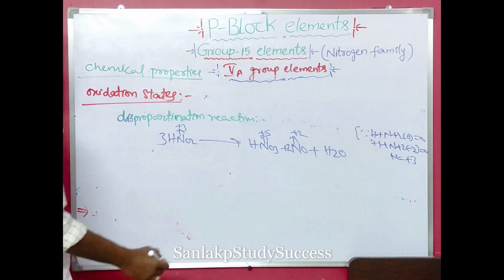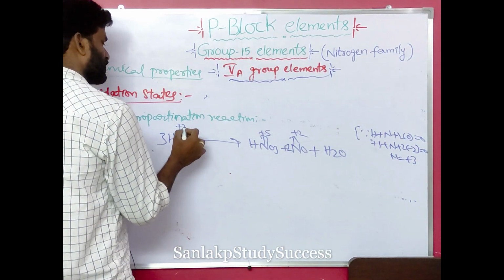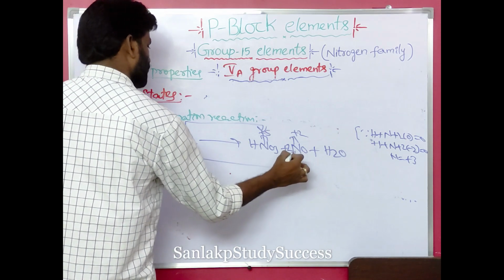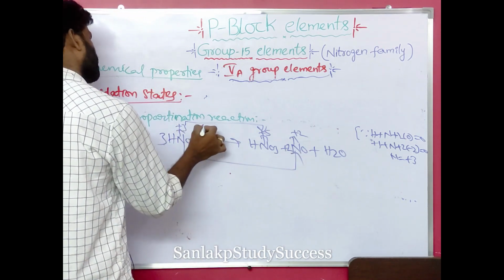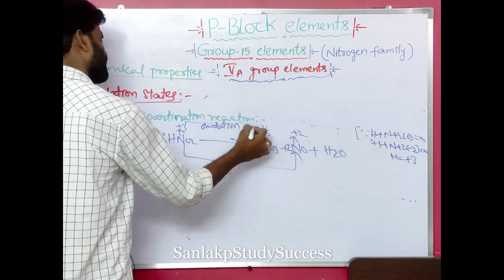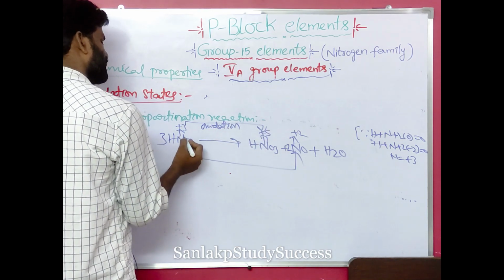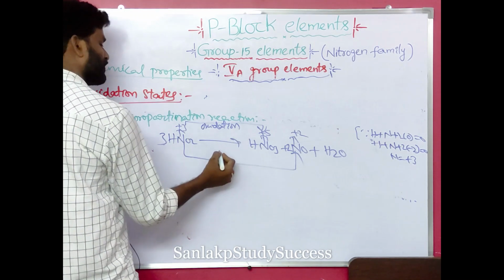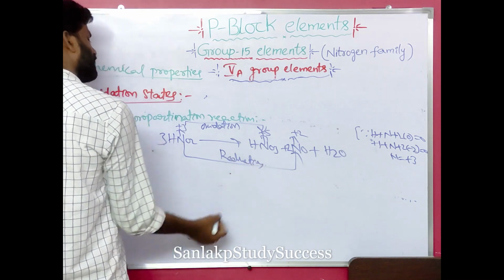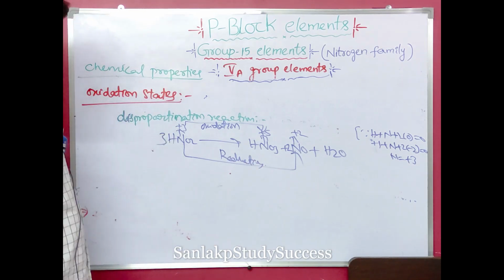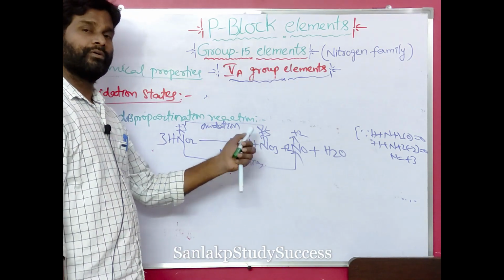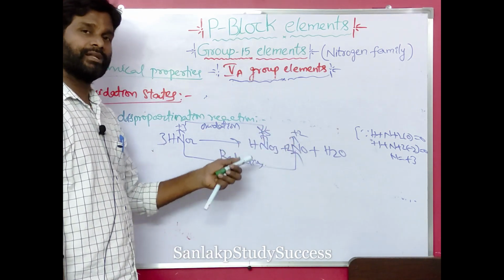So here nitrogen undergoes oxidation and reduction. If the oxidation state increases from left to right, that is said to be oxidation. If the oxidation state of an element decreases from left to right, that is said to be reduction. And the oxidation state of nitrogen in the reactant is intermediate between the oxidation states of the nitrogen atoms in the